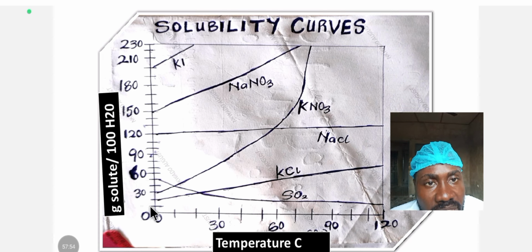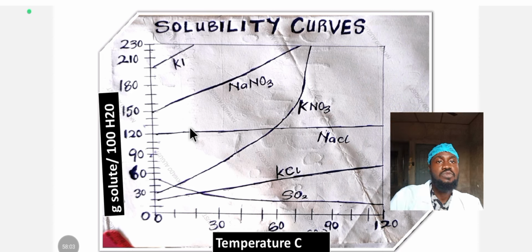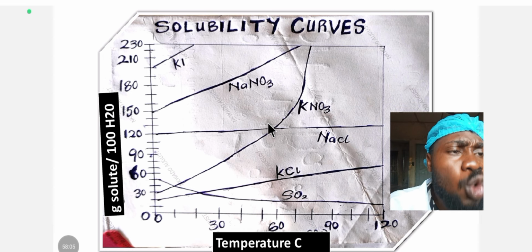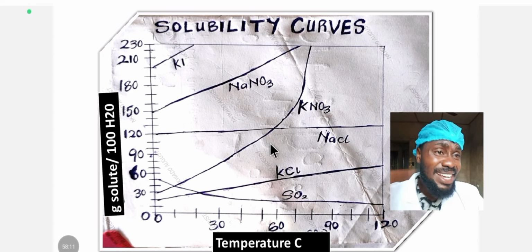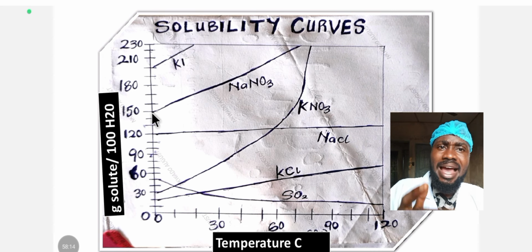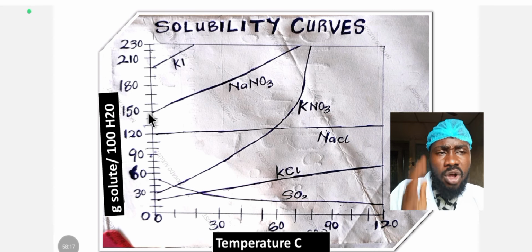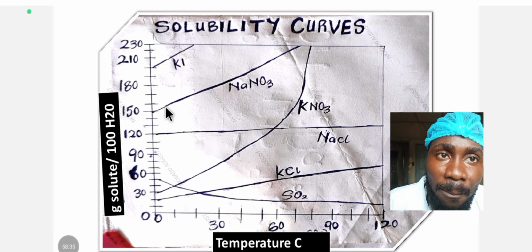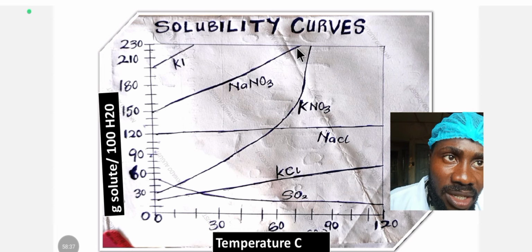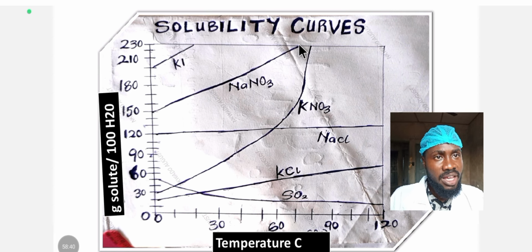If you trace it here, you see 1, 2, 3. Each is 10, 10, 20, 30, 40, 50, 60, 70, 80, 90, and so on till you reach the top. So how are you going to know the least soluble and the most soluble here? Let me teach you. It's very easy. What you have to do is go to where it joins on the solute, then plot it to where the temperature is. Now you trace it